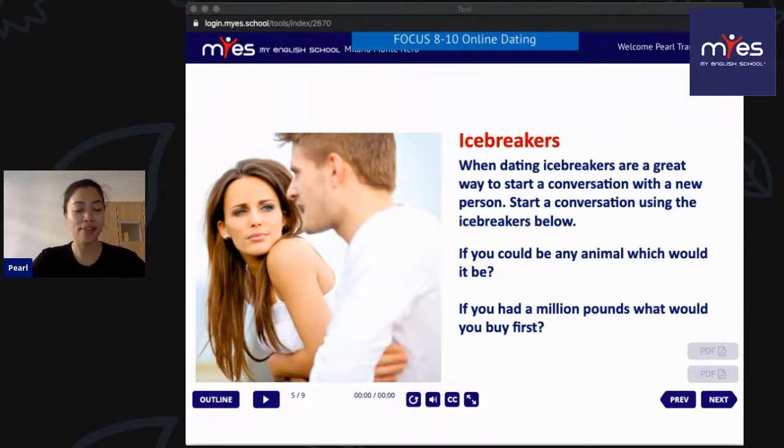And then after I paid off my debt, I would probably buy a plane ticket to go somewhere. Oh no, I would buy my parents a house. I would buy my parents a house. So if you had £1,000,000, what would you buy first? After I paid off my debt, I would buy my parents a house, another house, or something like that. And then a plane ticket somewhere.